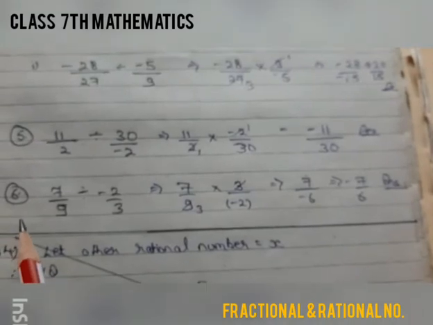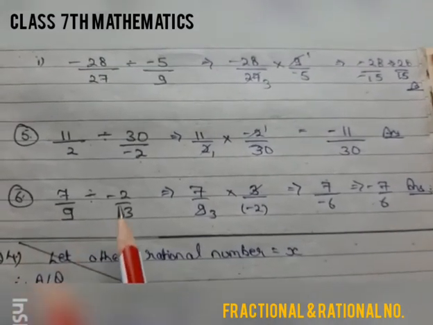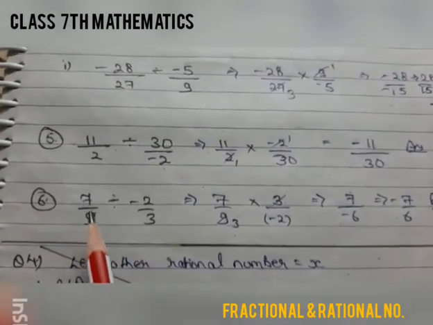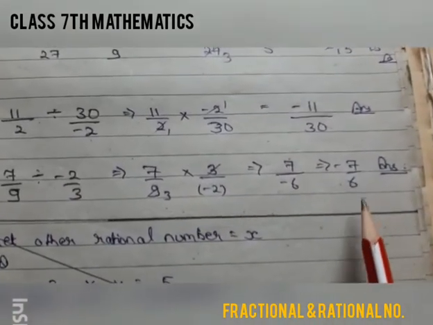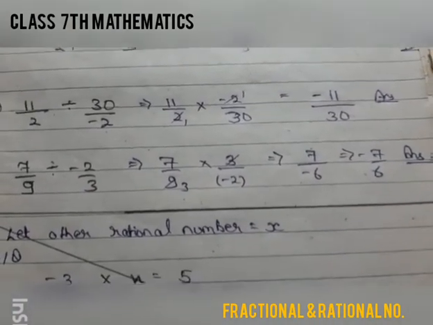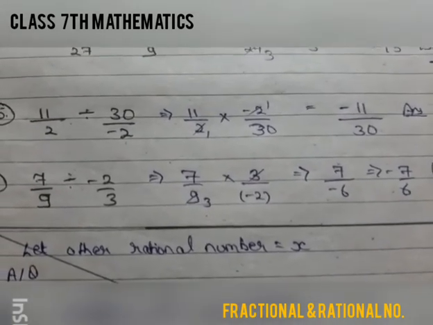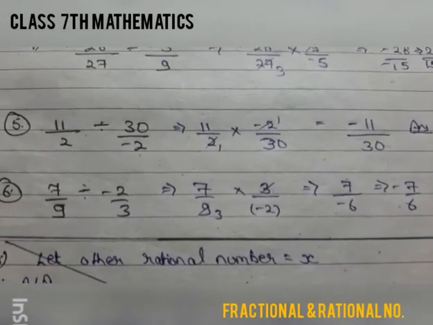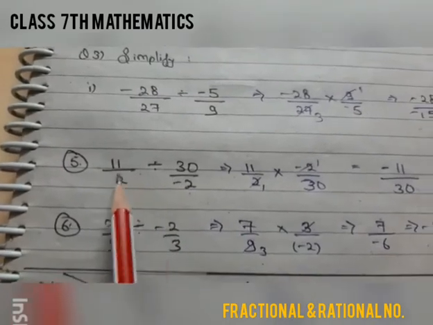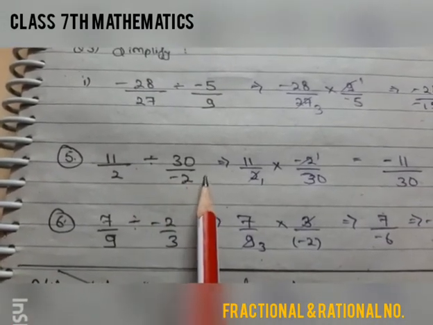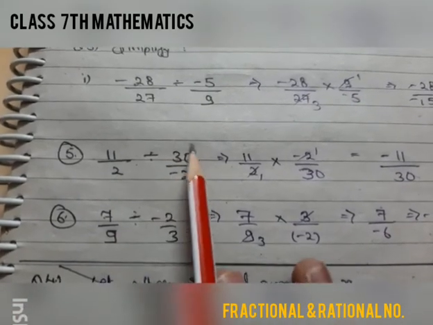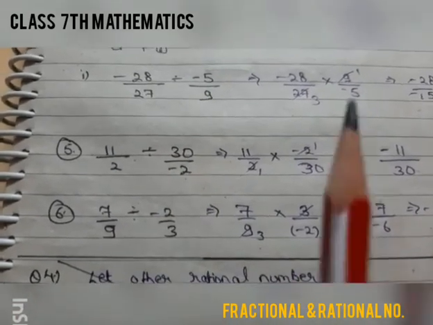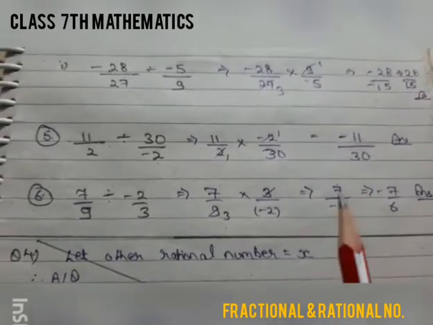Similar is question number 6 also. 7 upon 9 divided by minus 2 upon 3. First rational number into the reciprocal of the second rational number. When you solve it, you will get the answer minus 7 upon 6. All questions of this exercise are based on a simple concept: when two rational numbers are going to get divided, you need to write the first rational number multiplied by the reciprocal of the second rational number. Just pay attention to the sign. Okay, now